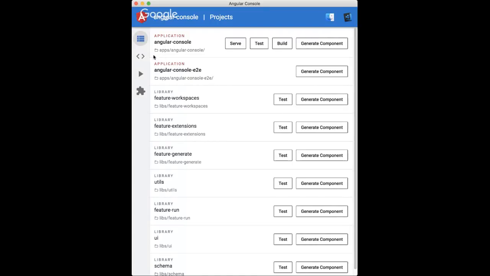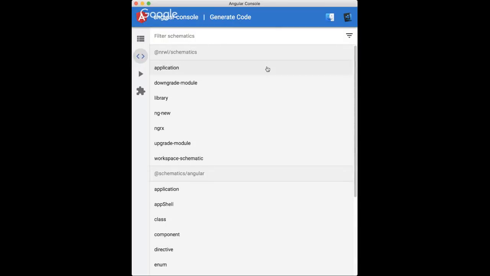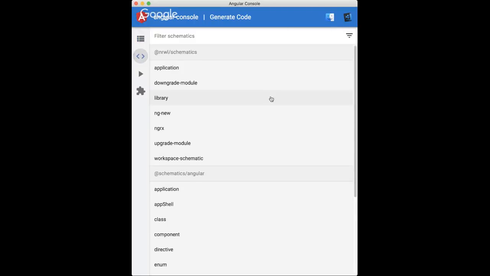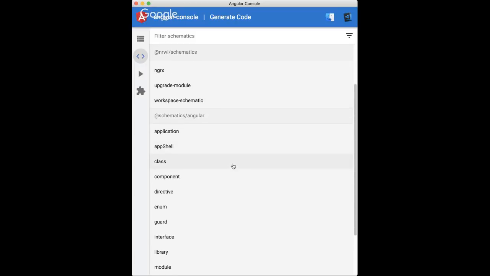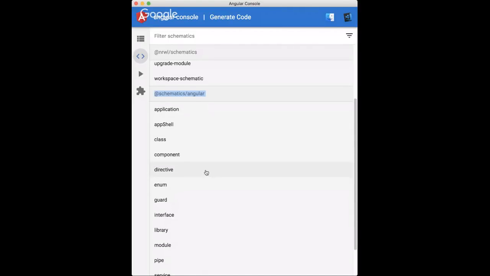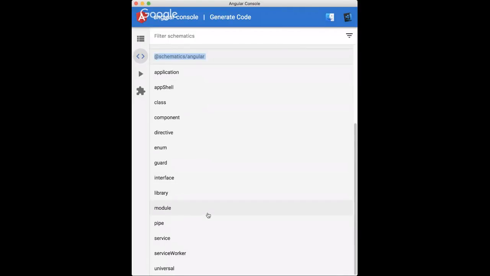Anyway, moving on. Victor was alluding to basically this screen, which is a much more verbose version of these quick commands. This is all the available commands that you have to run. Basically, they come from the different schematic sets that you have installed. This particular workspace has our narwhal schematics and the default set. So you can do the things you'd expect to do, like generate a class or a directive or a module. And when you do,